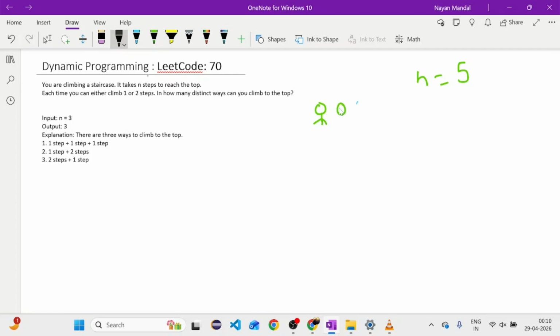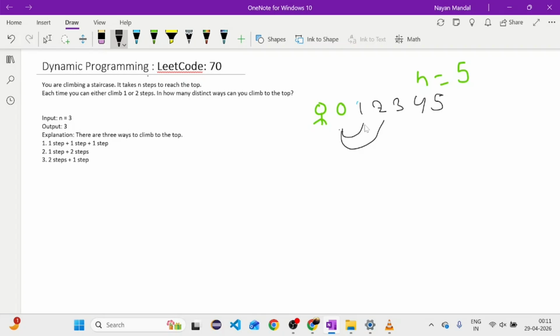So what can we do here? We are at 0, and we have two options, right? Either we can take one step or we can take two steps at a time.